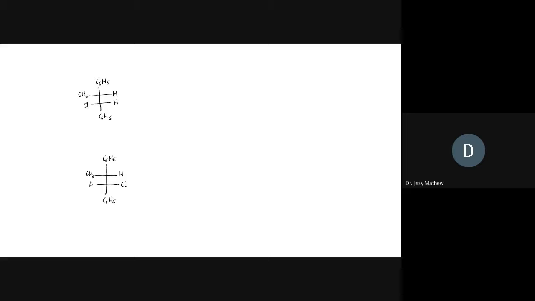So consider the two enantiomers, and this structure we can write like this. So this is the structure of one enantiomer, and the second enantiomer we can write the structure as